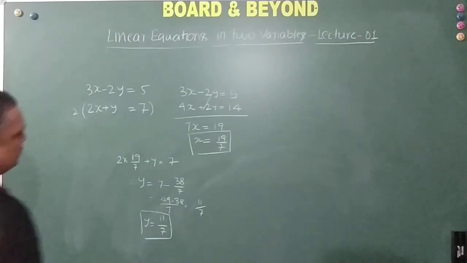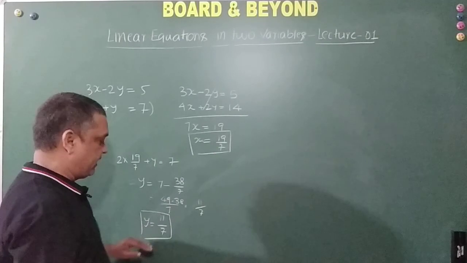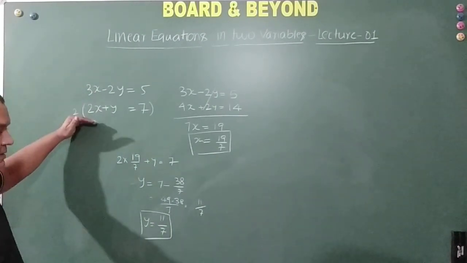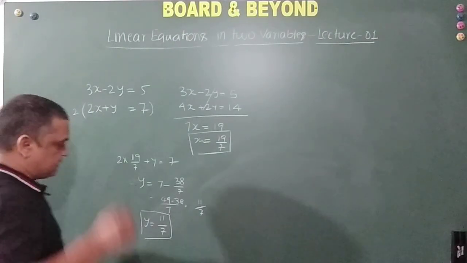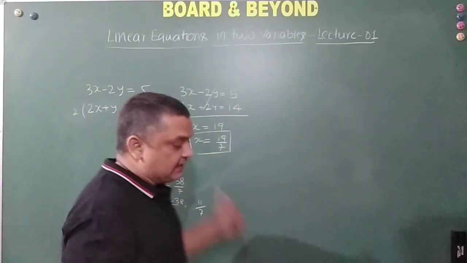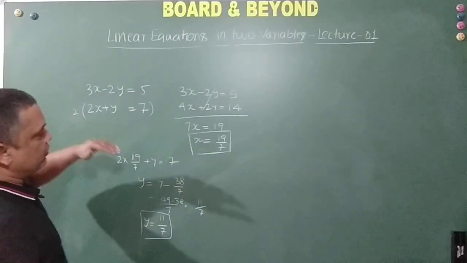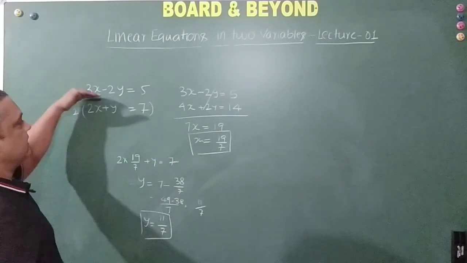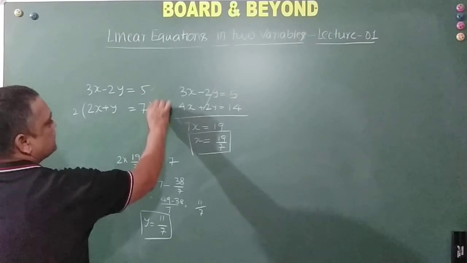Right? So what we have seen is that we have a different value of x and y at least. So we say that these two equations are consistent linear equations because this is having at least one solution which is common for both the equations. Right? When you put the value of x and y in these two equations, both of these equations will be satisfied.